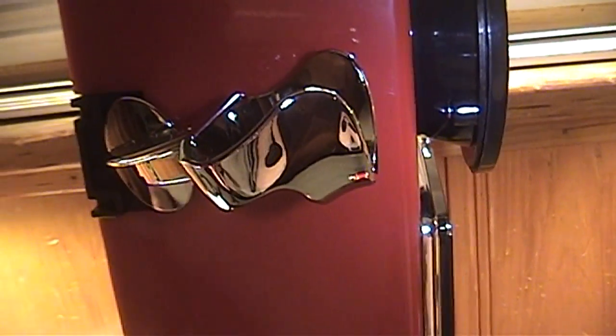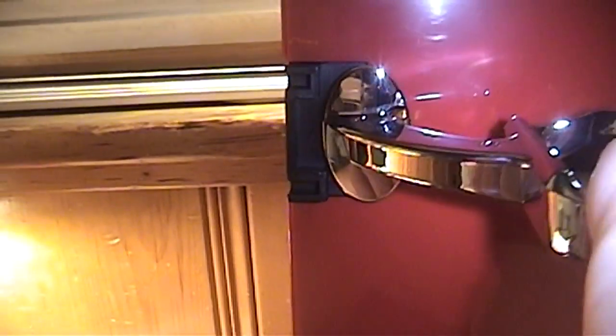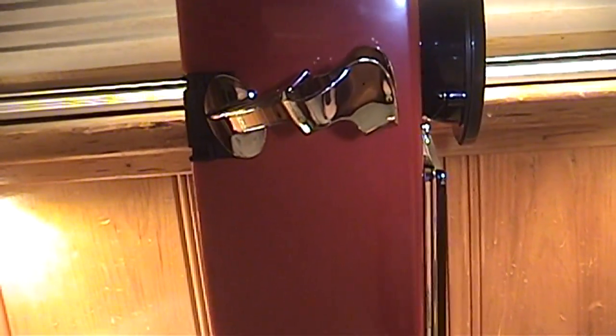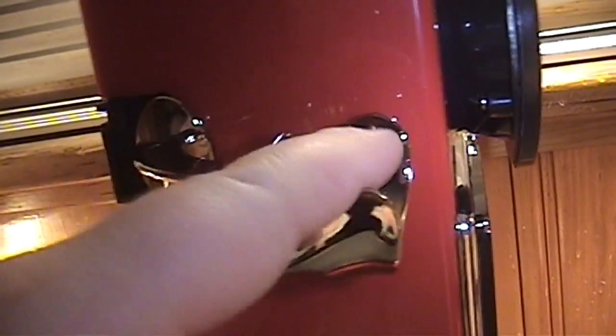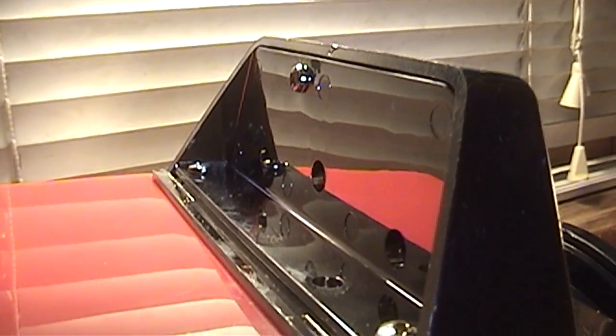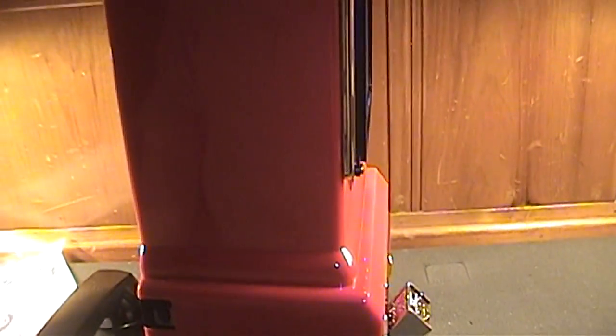I wouldn't really trust using this thing on heavy rotation. It's entirely plastic, so any amount of use will probably, no doubt, wear this thing out, but it was working for the limited amount of time I was testing it. And of course the switch hook itself is cheap plastic as well. I don't think I've yet to see any sort of metal part used. Oh yeah, there we go. Screws. I think that's the only metal parts that you're going to find on this huge piece of